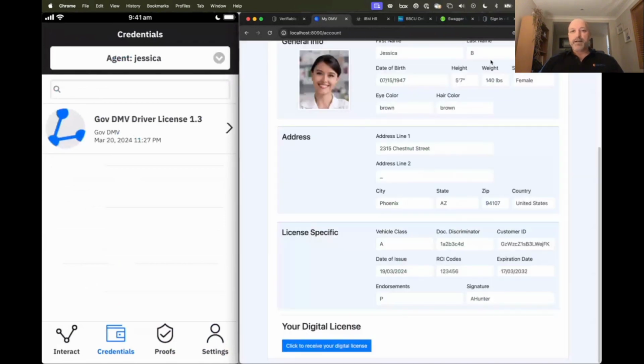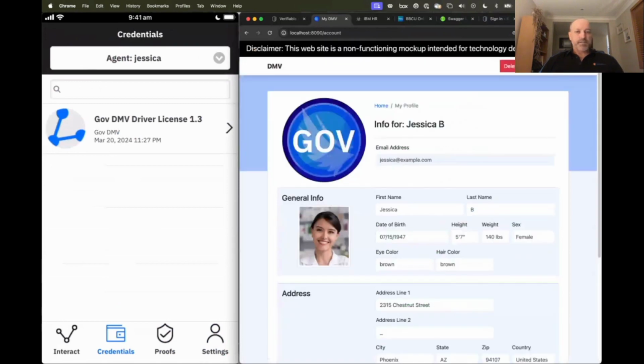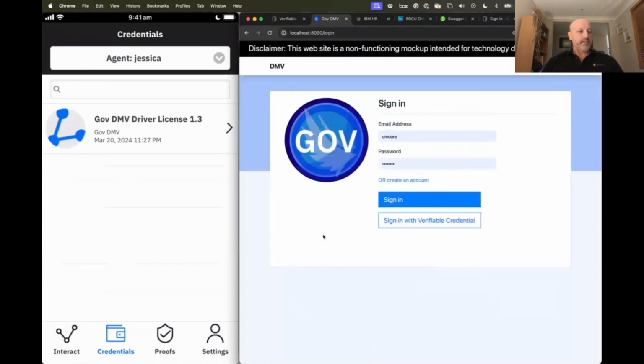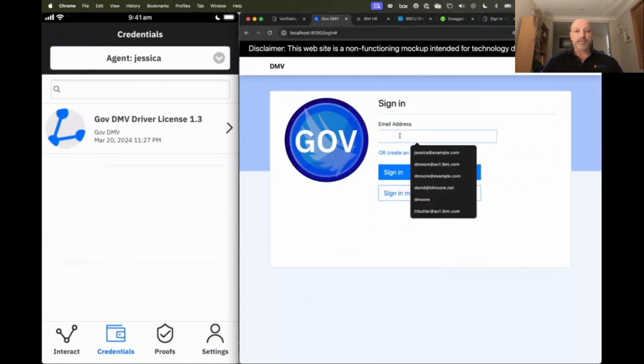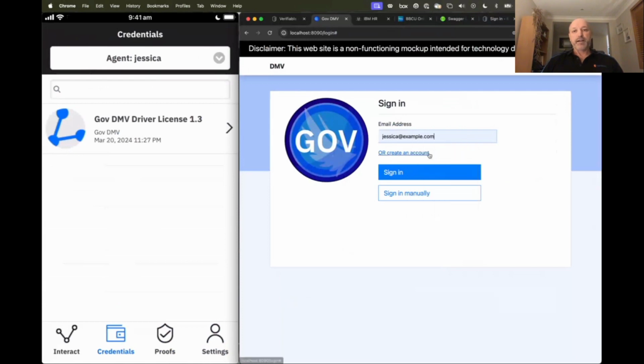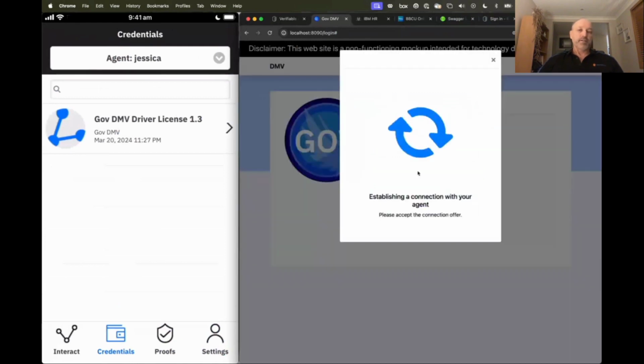So I'll log out. Now, I'll just step off the key scenario for a moment and just show that one of the things you can do with a verifiable credential is use it as a form of authentication to log back in using essentially a credential or a passwordless approach. So in this scenario, the